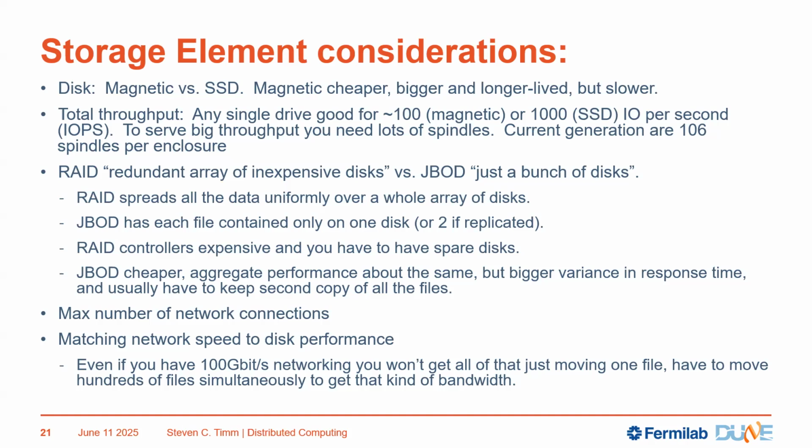So even if I have 100 gigabit networking, I won't get all of that by just moving one file. You have to move hundreds of files simultaneously to fill your bandwidth. So for instance, transferring our data across the pond from Fermilab, we have to have about 400 simultaneous file transfers going at once to use all the network bandwidth. And furthermore, the people that design these servers, that specify them for big labs, are worried now that as we're going forward, we can't actually get enough spindles behind it to actually fill the network bandwidth up.